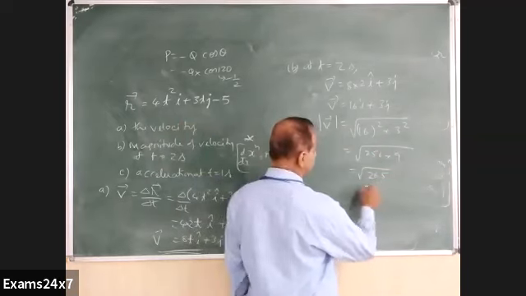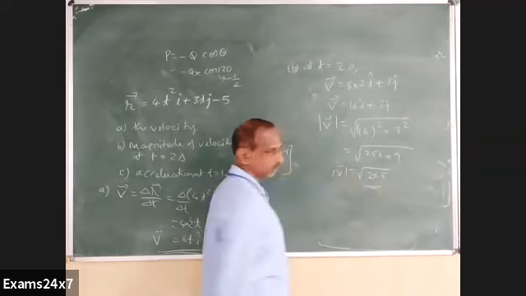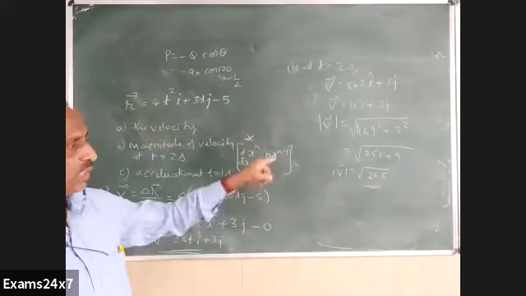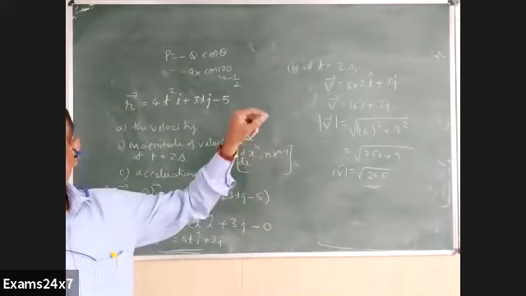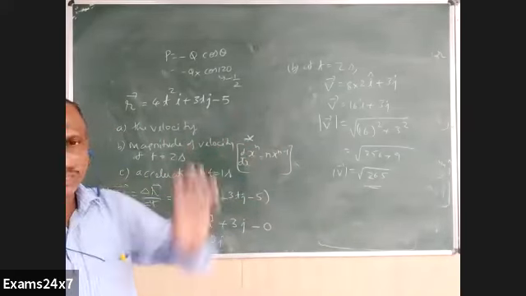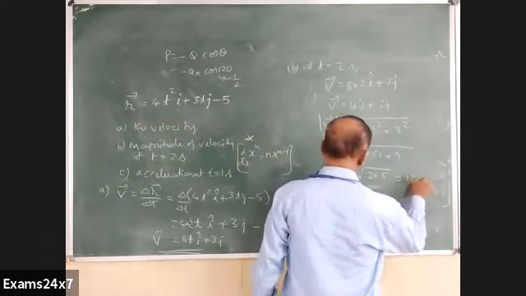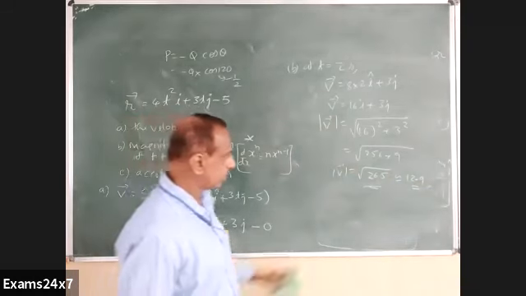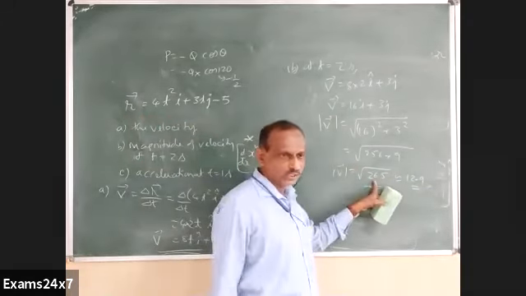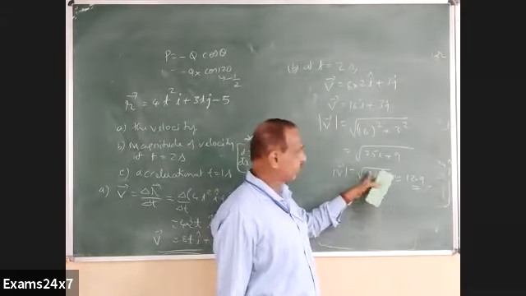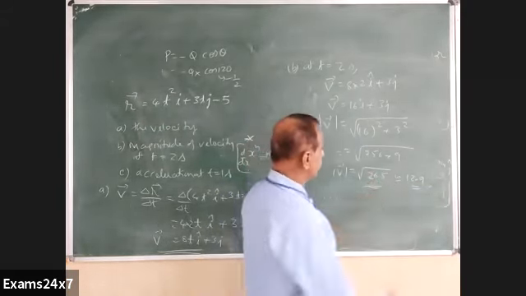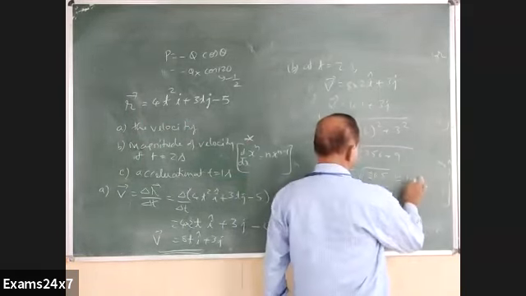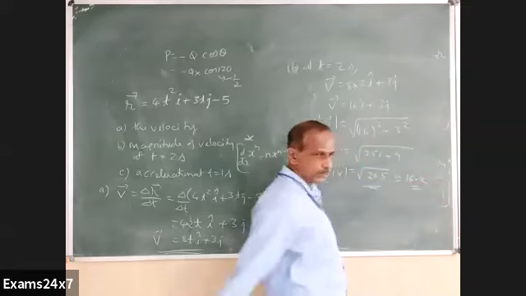Approximately you can write some number, but exactly you can't write unless calculator is there. So it's very close to 13, maybe 12.9. Sorry, 169 is 13 square. This is 265, this is more than 16. Must be 16 point something. 16 square is 256, slightly more. Maybe 16.1 or 16.2, etc., we may get.